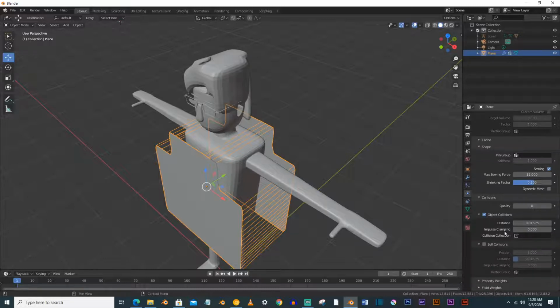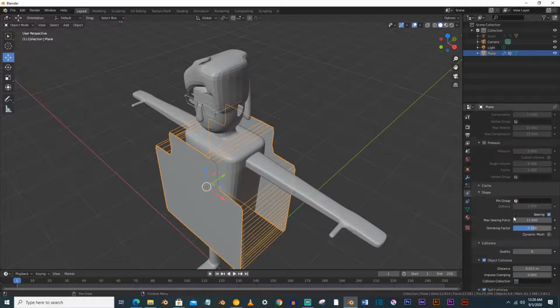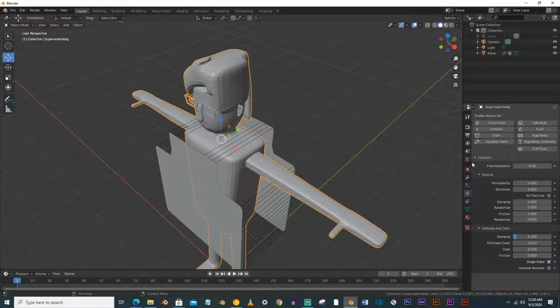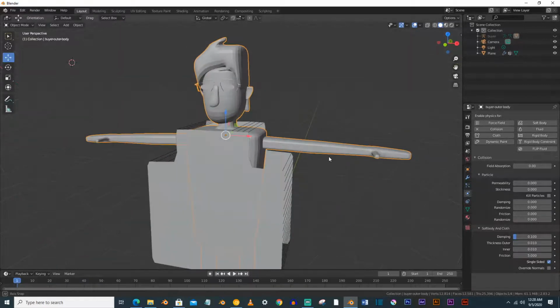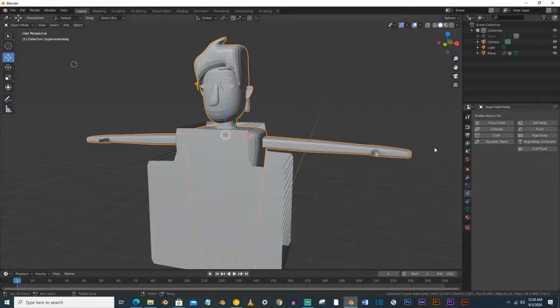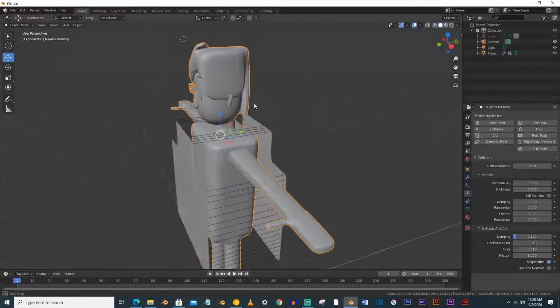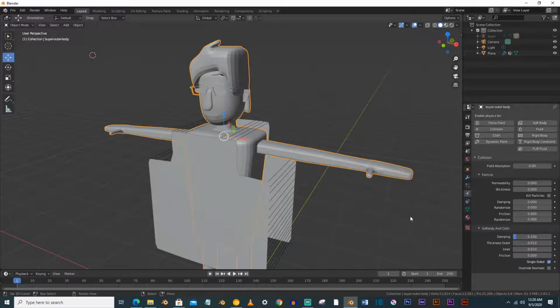and remaining settings, you can also enable the self collision here, and also these are just fine here. Now go to the model and you have to enable the collision option. So click on the collision and down here you can type 0.1 here and 0.1 here. It is just the distance between the cloth and the object, and remaining settings will be fine.